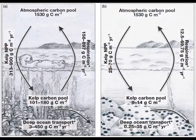Oftentimes, the extent of a keystone species, such as sea otters, is not known until the species has been removed from its environment and the ecosystem changes. In other words, a perturbation allows us to understand ecological interactions. This diagram shows the net primary productivity of kelp. Respiration levels in areas with sea otters are much higher than in areas with no sea otters. We can therefore conclude that predator-induced trophic cascades likely influence the rates of carbon flux and storage in many other